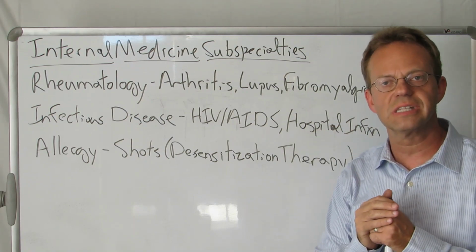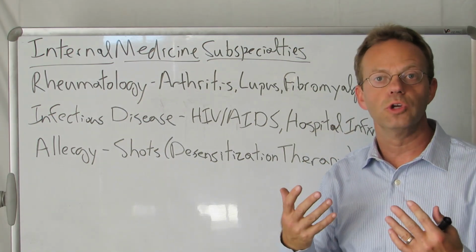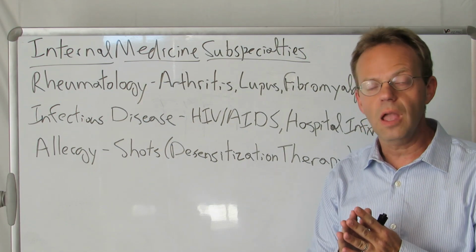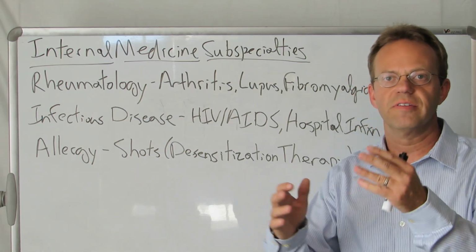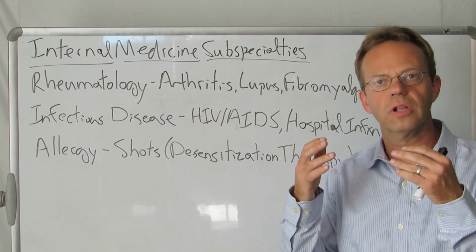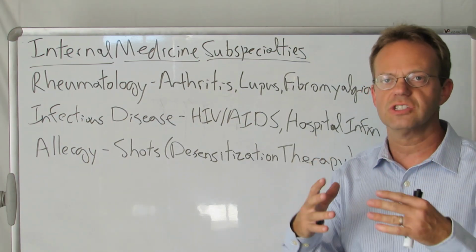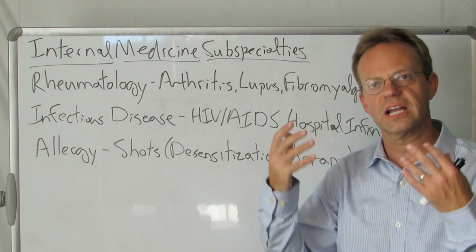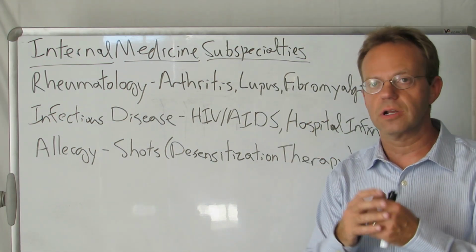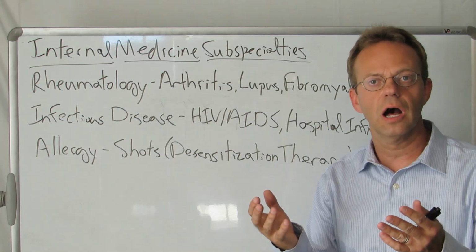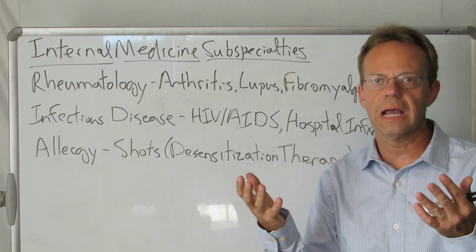So infectious disease doctors do a lot of work in the hospital where you can have a very severe kidney infection. It's called pyelonephritis, or you can have a very severe skin infection that's called cellulitis. You can have abscesses. So the infectious disease doctors are really the experts in antibiotics, but also you can have an incredibly severe infection with fungus as well, especially people with diabetes sometimes get